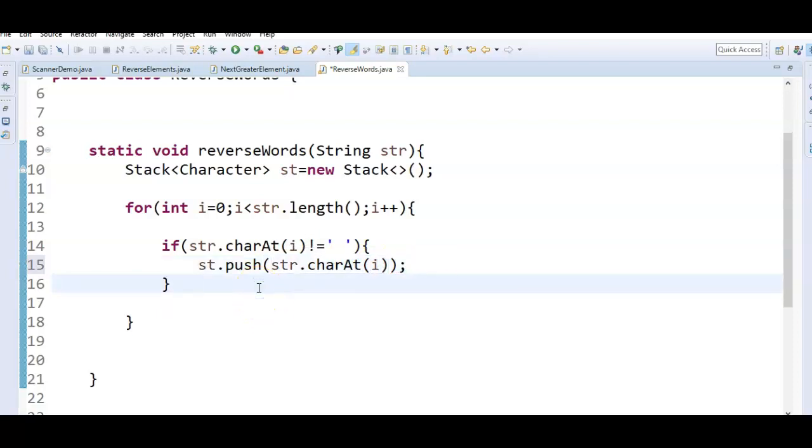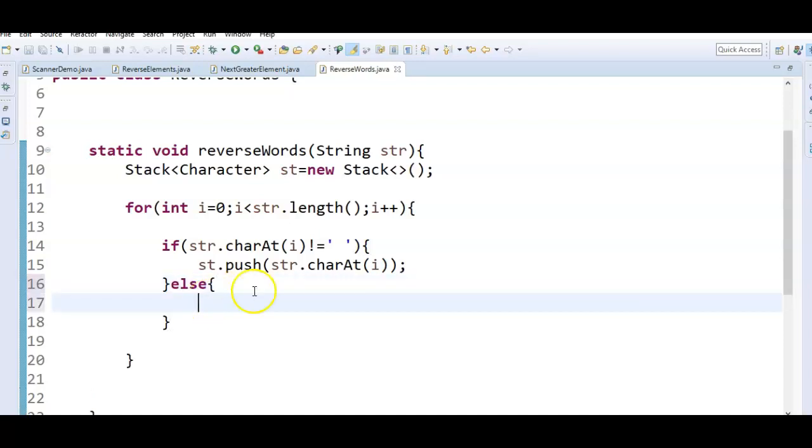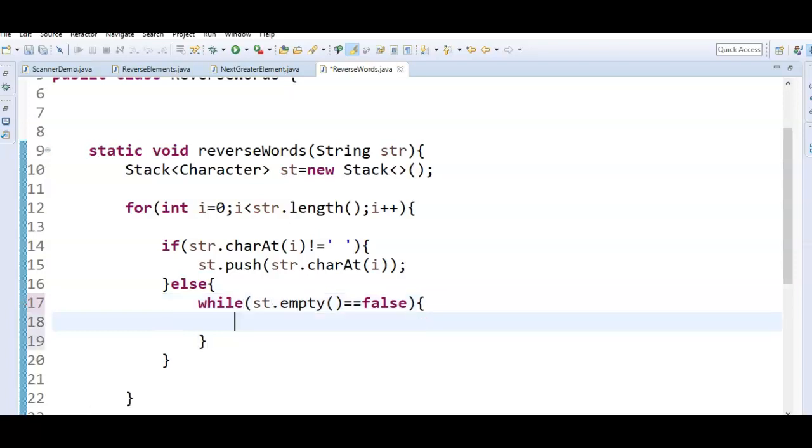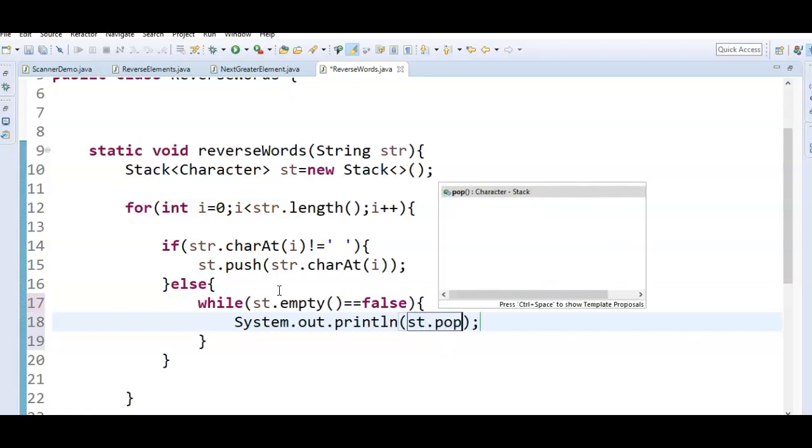Now if the character is equal to space, just say else, and pop the elements from the stack till it is empty. So while st.empty equal to false, System.out st.pop.